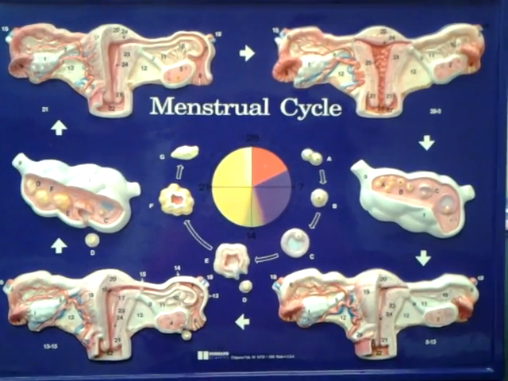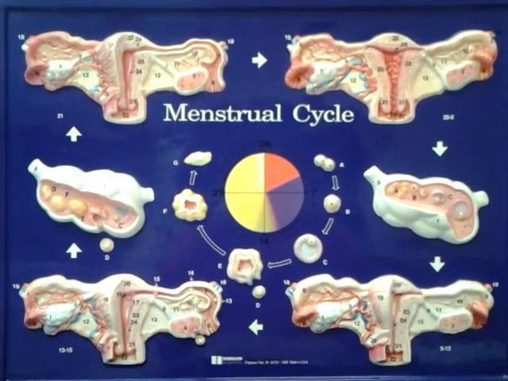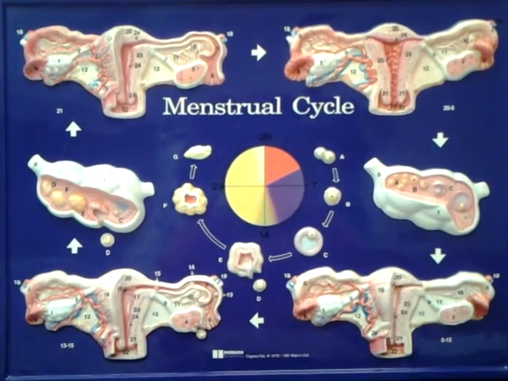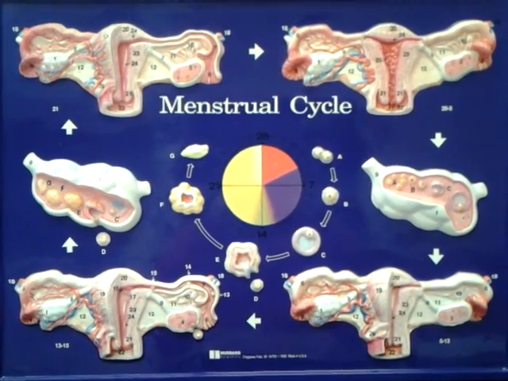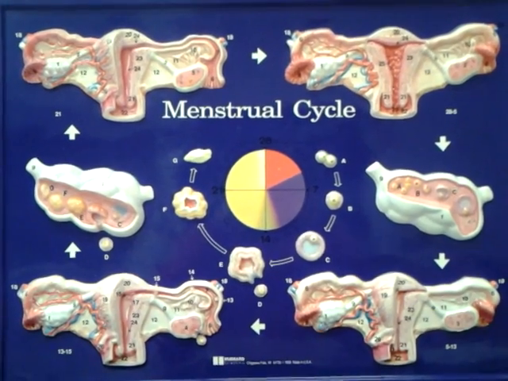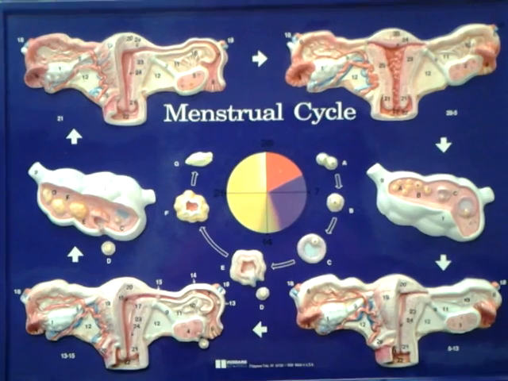Okay, this is the menstrual cycle model. There are two parts to this. The four corner diagrams are the uterine phases. The central diagrams around the circle are the ovarian phases. For the menstrual cycle phases, all that you need to know are that